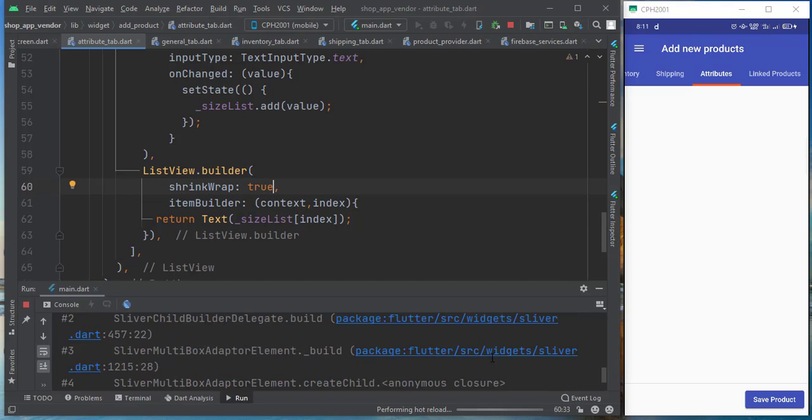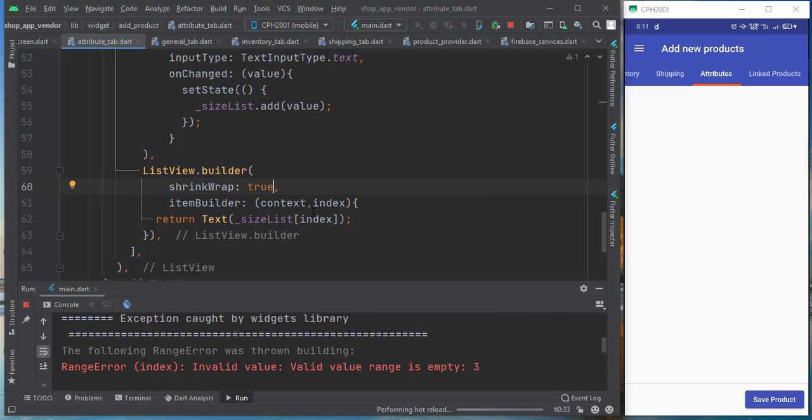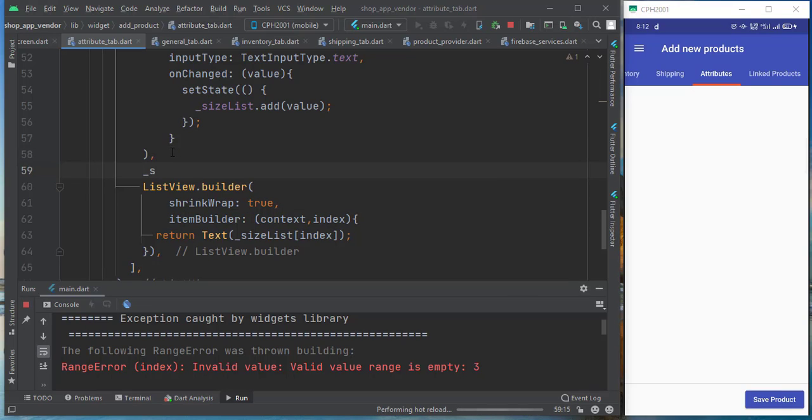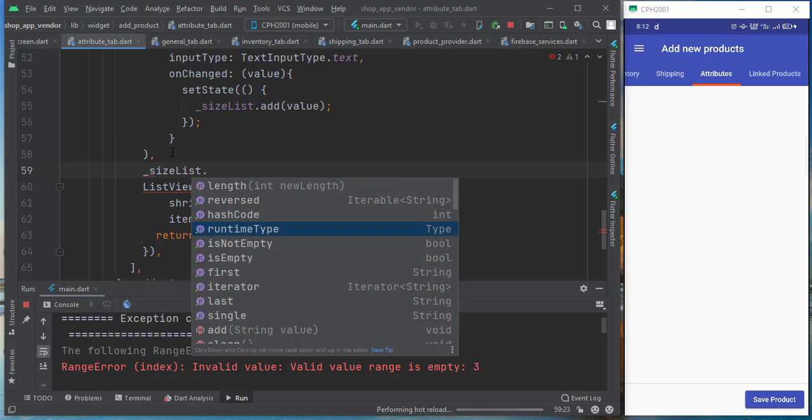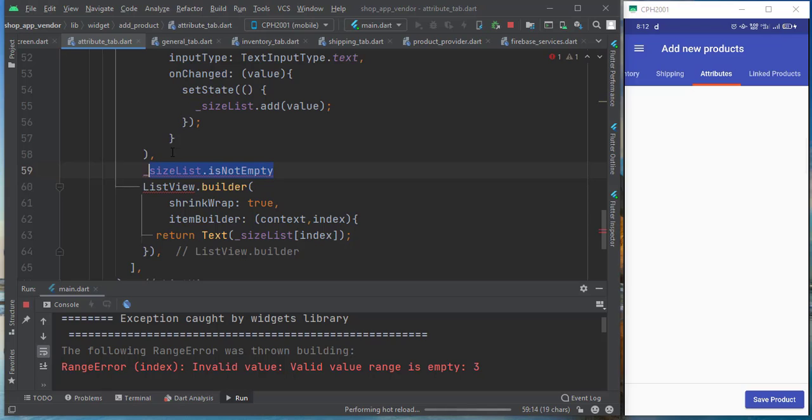Still there, right? What does it say? The list is empty. Currently this is null, so we need to mention that size. We have to mention here size list dot isNotEmpty. So only if it is not empty, show this list. So put that inside an if block. Now if you do hot reload,